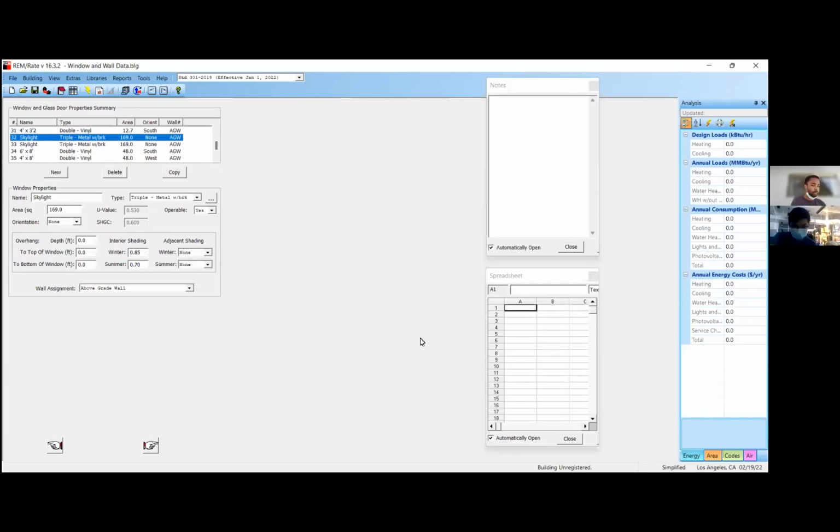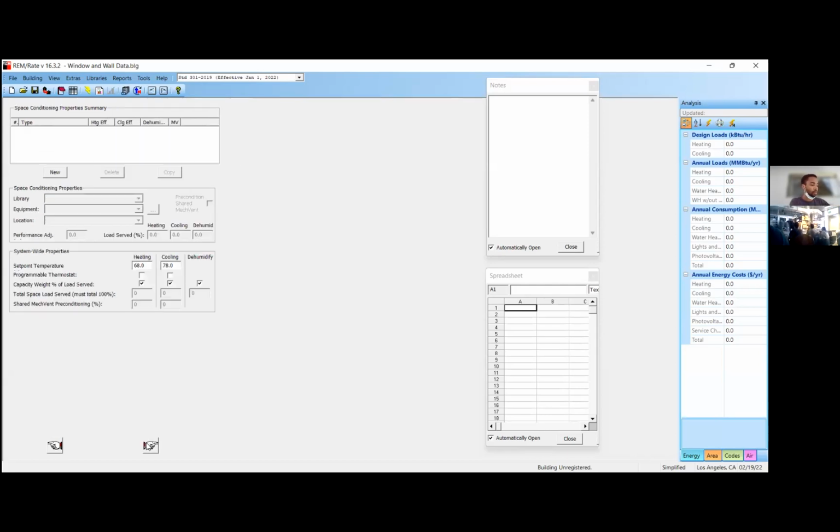And you can see the opening is quite large, compared with other window openings to the sides. So triple glaze, I think, would be a lot better in this case. And then for here, I'm not really sure what type of space conditioning properties, because I think for